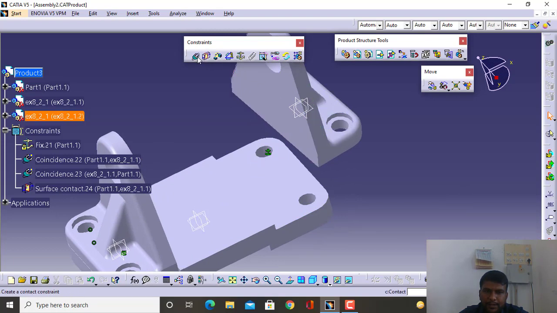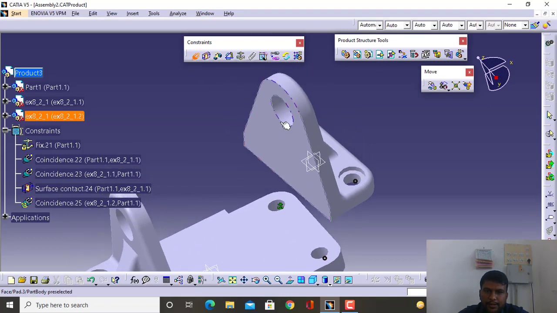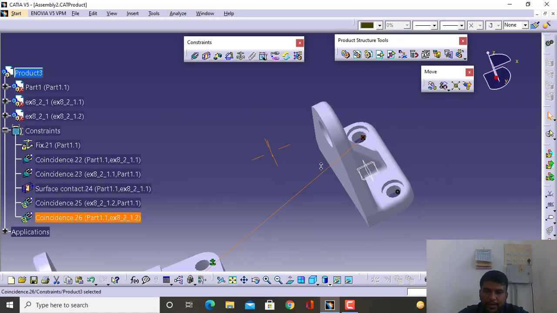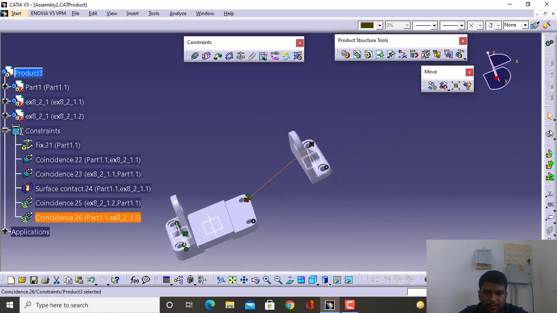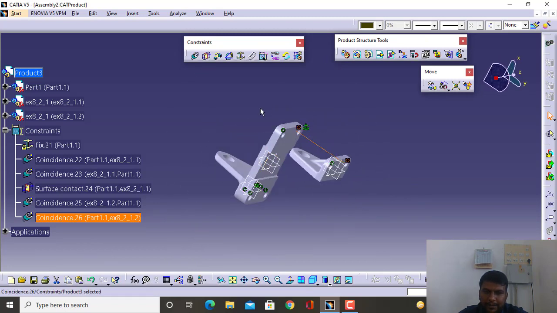Next select the constraint here. Select this axis, select this particular axis, again go to constraint and select this axis and select this axis. Now we have applied both the constraints. Again press Control U. Okay, so now both the axes are in alignment.